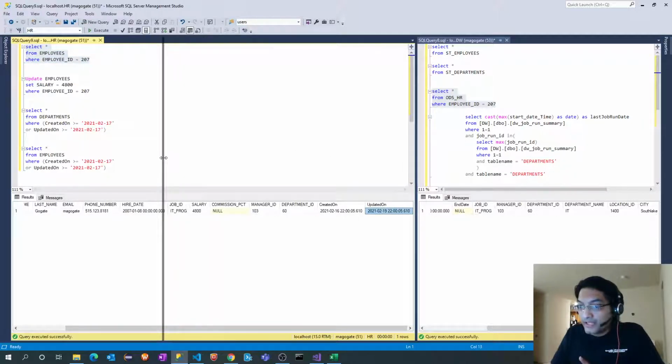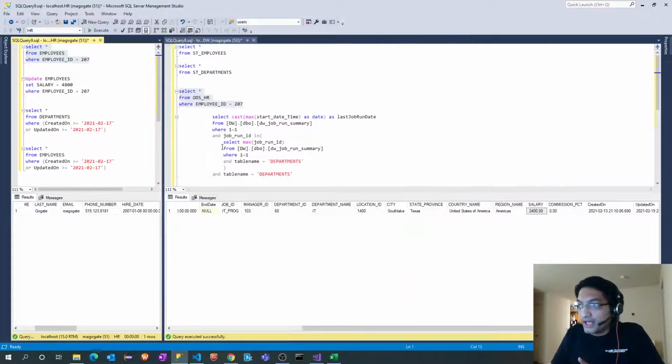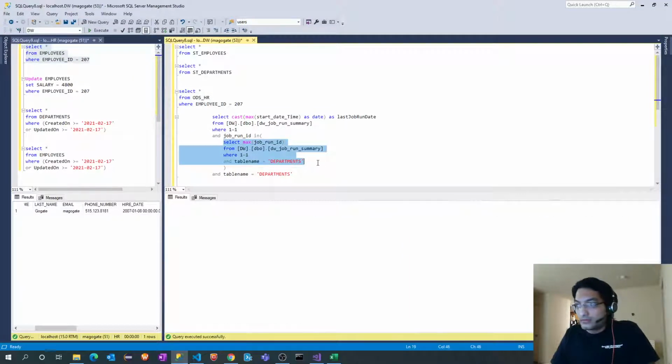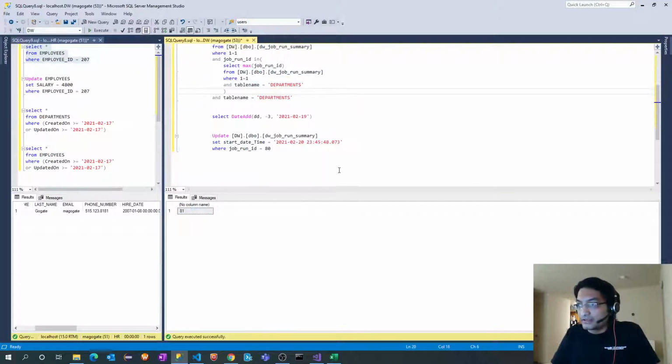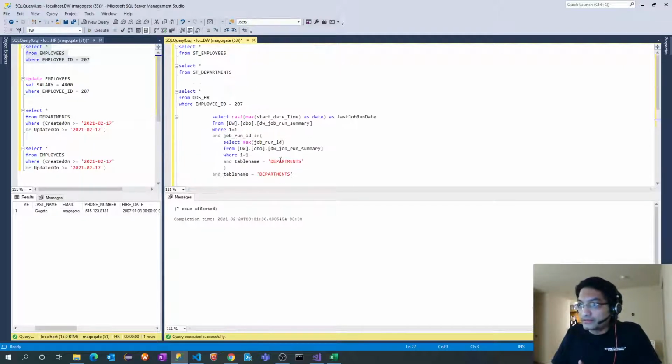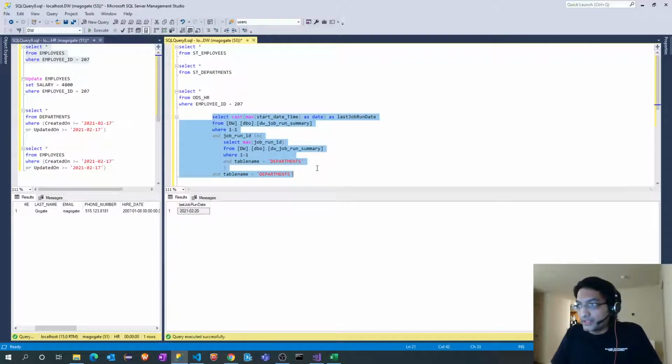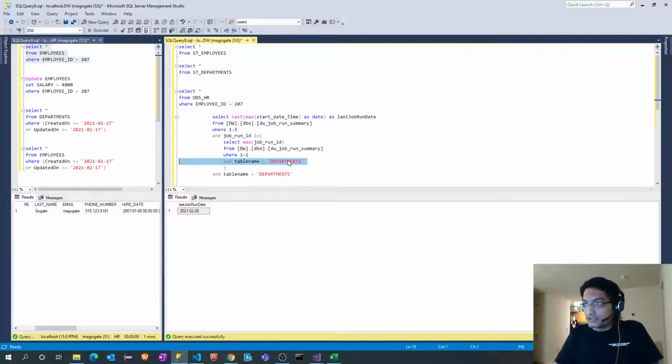Before running my SQL job, the last thing I need to do is update this entry. I will update this entry to 20th, last job run. So if I run this query, I should get 20th. And for employees also, let's check for employees.